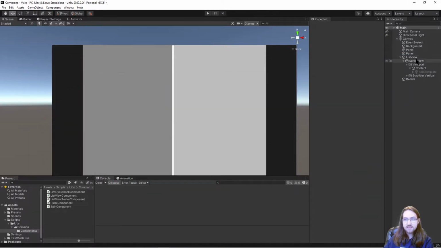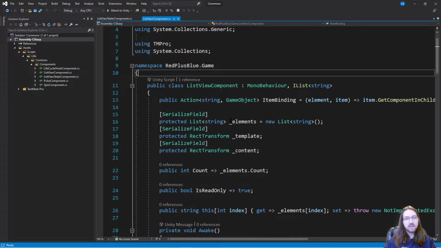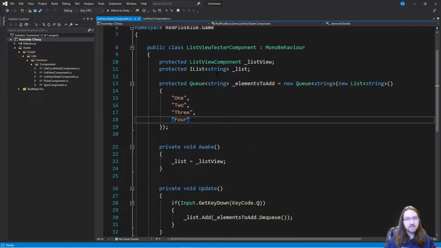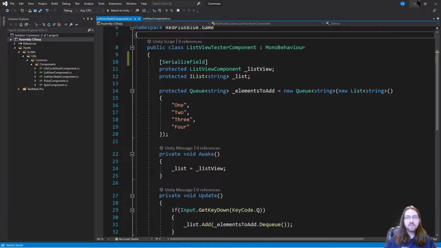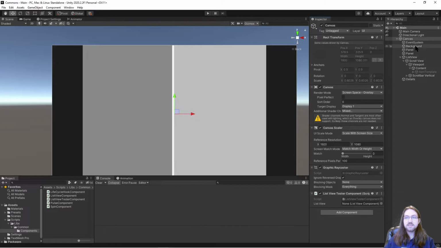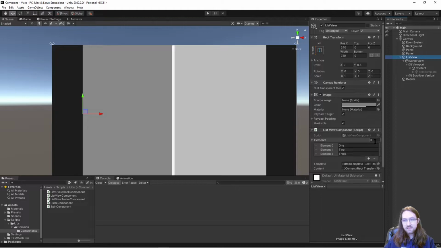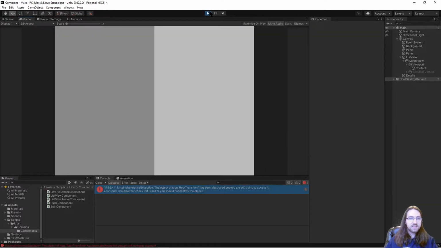Sure, we'll add this to the canvas. Let's view tester, and we need to add a protected serialized field. After I test this, I will look at the syntax. Okay. There's the list view there. The list view by default has 0 elements. So now, if I press Q, damn it,